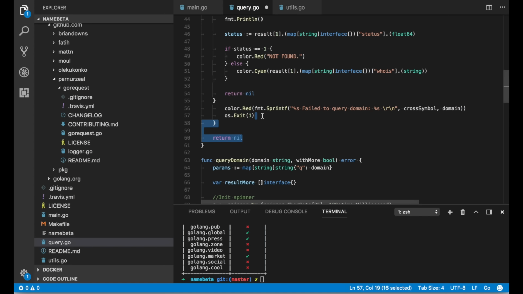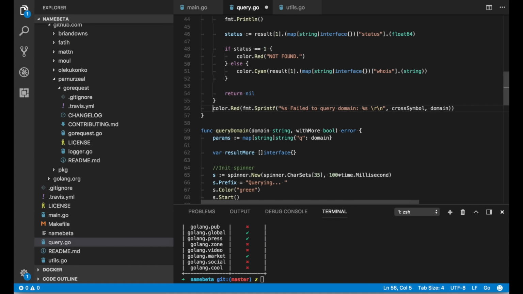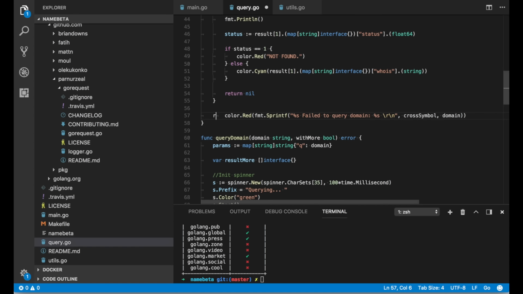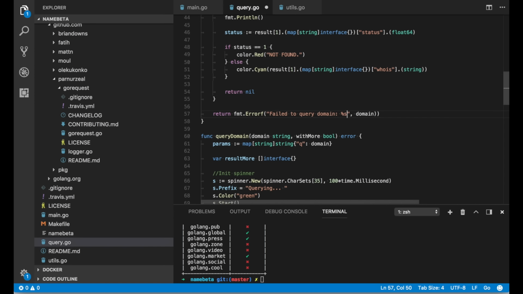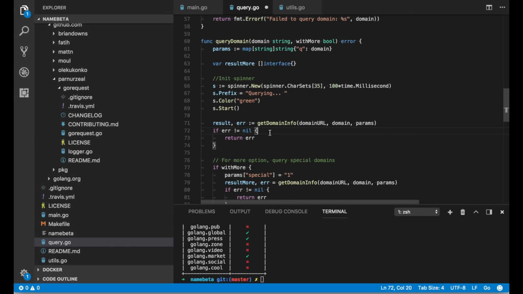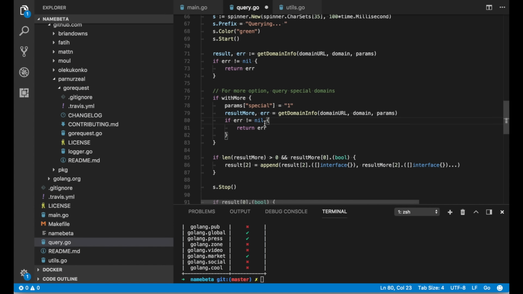Otherwise, we return fmt.Errorf, and we don't need the cross symbol. Great. Then here we return it, and here